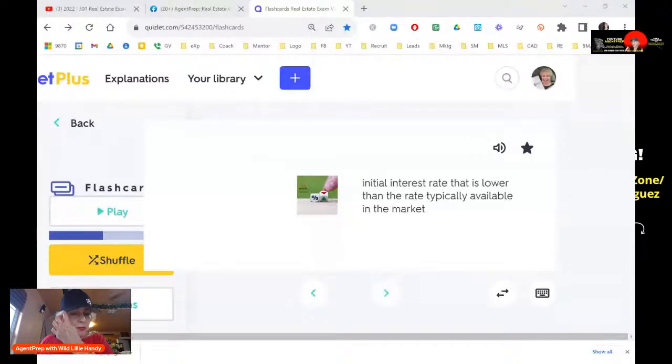Let's see, are these not multiple choice questions? Well, in the exam, yes, they're multiple choice, but not here. I'm making you think about it here. I'm not giving you options. I'm letting you think about it and come up with the answer. So I'm making it more difficult. I'm making you think as to what the definition is, what the meaning of these real estate vocabulary words are, because these vocabulary words are going to help you answer a lot of your questions on the exam for national questions and state questions.